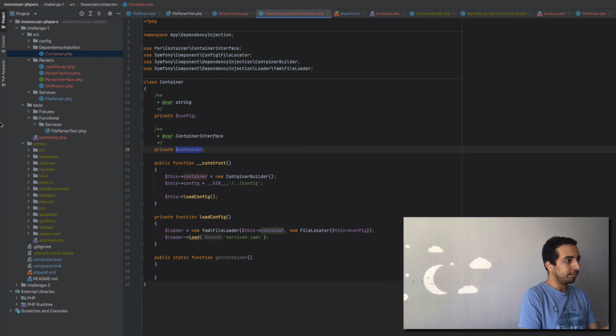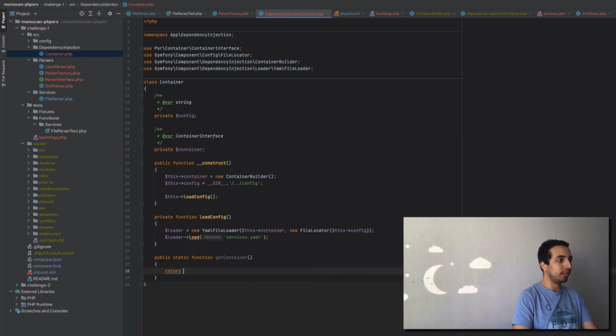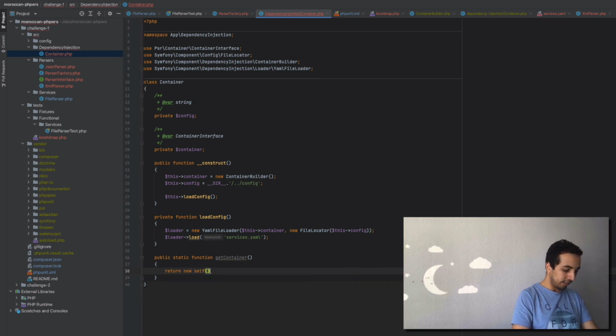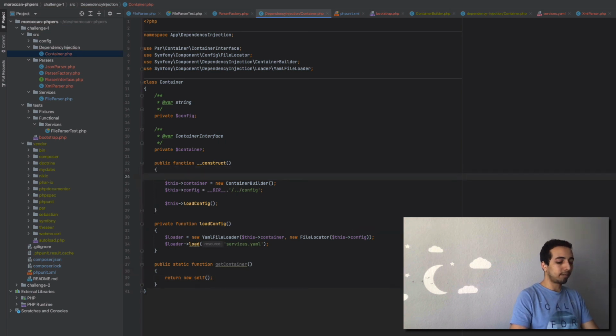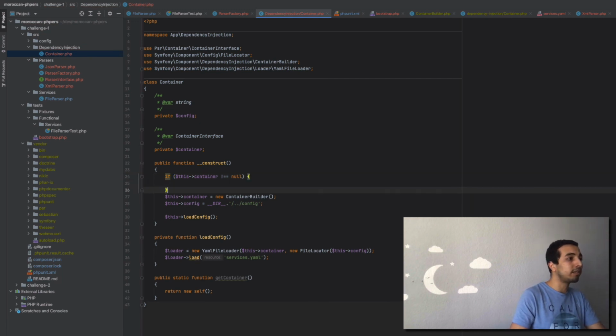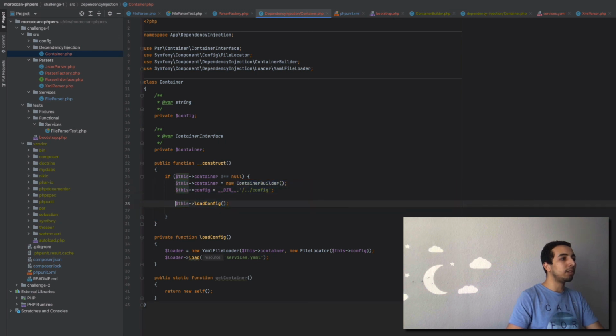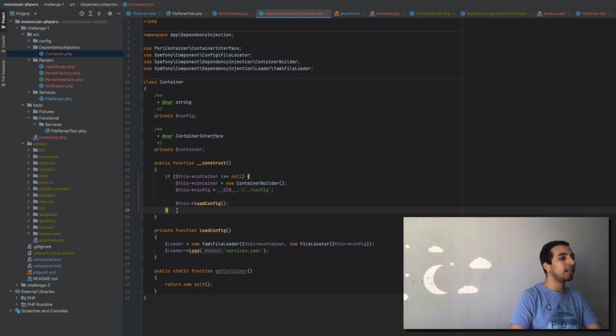Okay, we need to return a new instance of this container. First of all, we need to make sure that if this container is different than null, so we don't need to reload the configuration file every time. I mean, we need to do it once, otherwise return